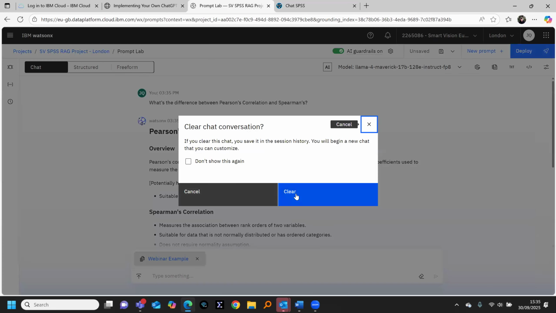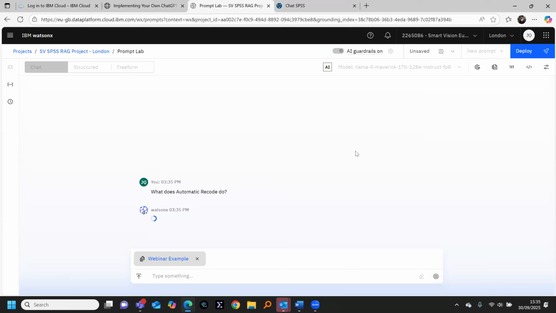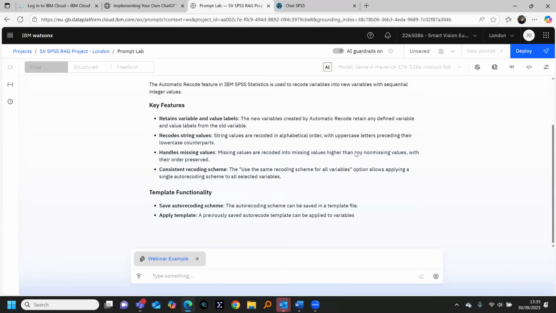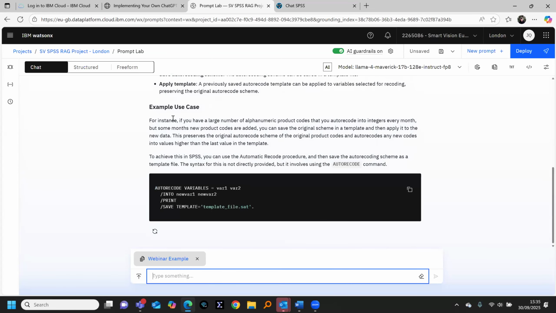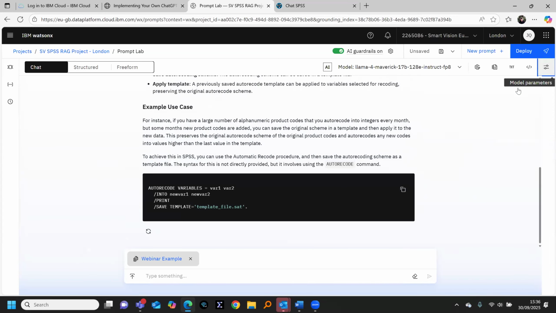If I run it again, of course, it will regenerate that response because there's always a random aspect to it. If I ask it to do the automatic recode example that we saw earlier on, it gives me an example, which it didn't do beforehand, because that's something I've added to the instructions in the prompt. So this is showing me that I can play around with how I query this vector database. It's showing me that there are multiple language models to use. It's showing me that there are lots of parameters out here to play around with.